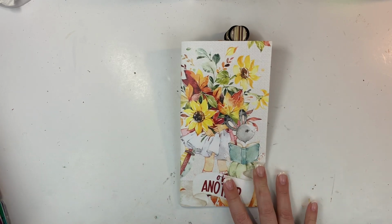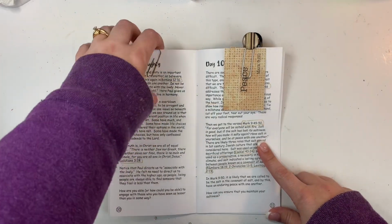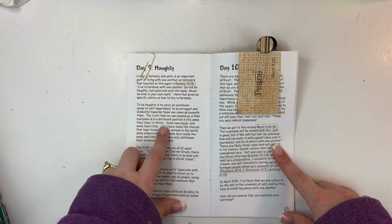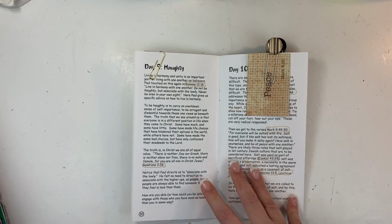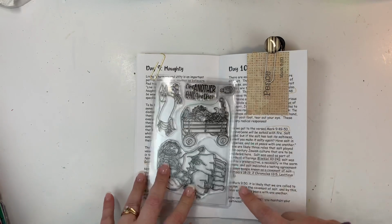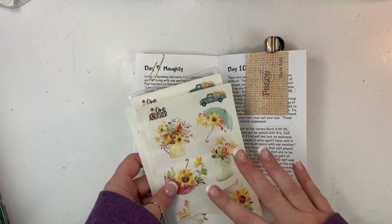One Another from Bythewell4God. When I did my unboxing of this kit, I had asked if people would like to see a video just kind of using just the basics from the devotional kit. We often talk about that you can really do anything that you need to do with just the kit supplies, and sometimes I know myself, I get carried away using all the fun things. And so I thought maybe if you're new or if you just only get the kit, maybe this would be